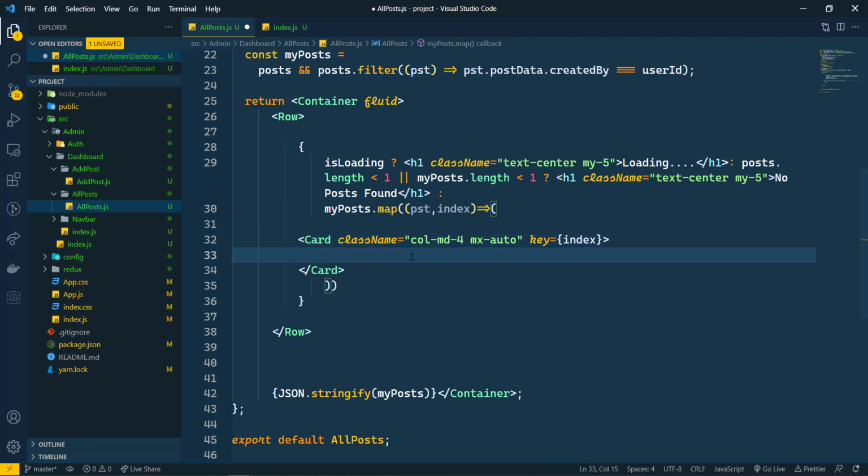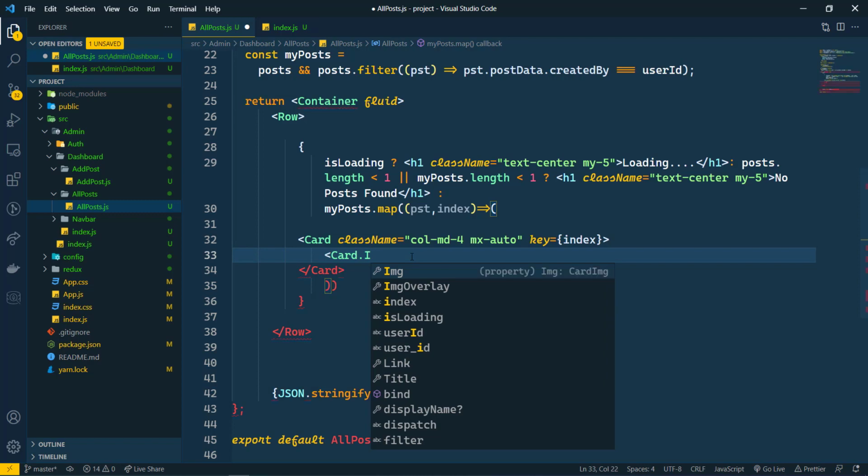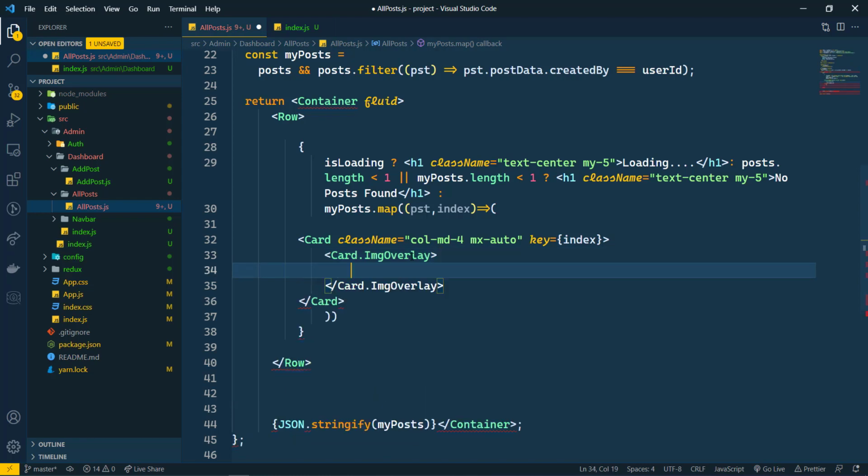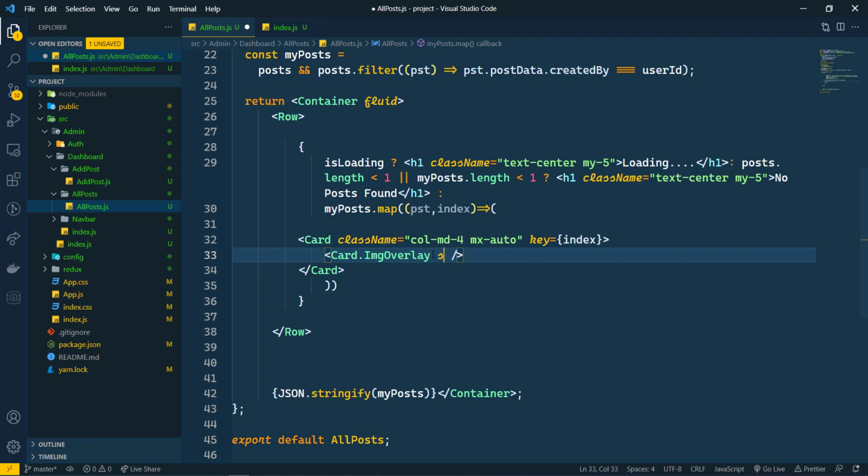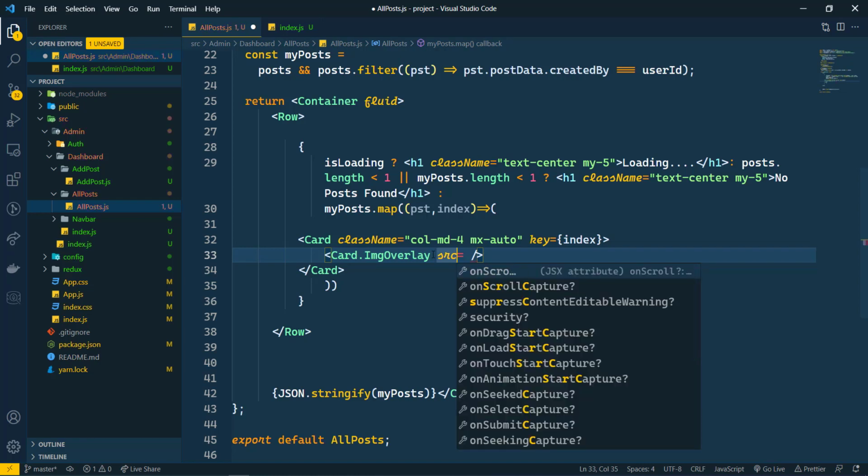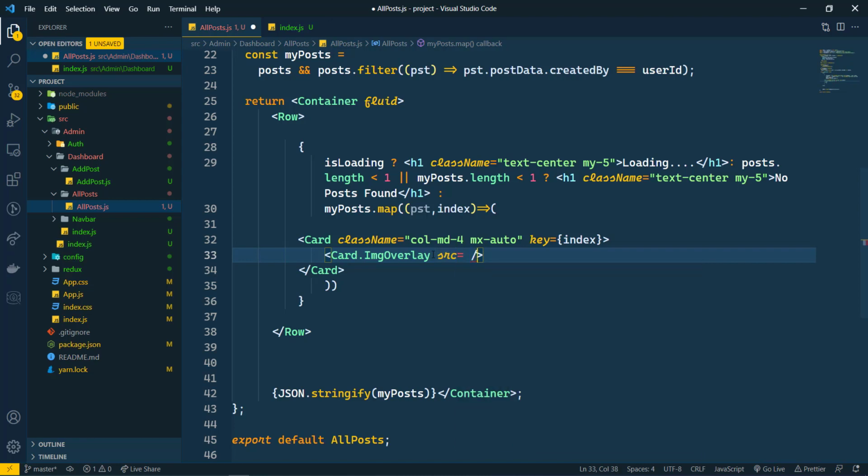So first of all we have to create the Card.Image, Card.Image overlay we need, and here we have to add the source. Let's see if the source is present as a JSX attribute. Source is not there, so we need image only, where the source will be present.